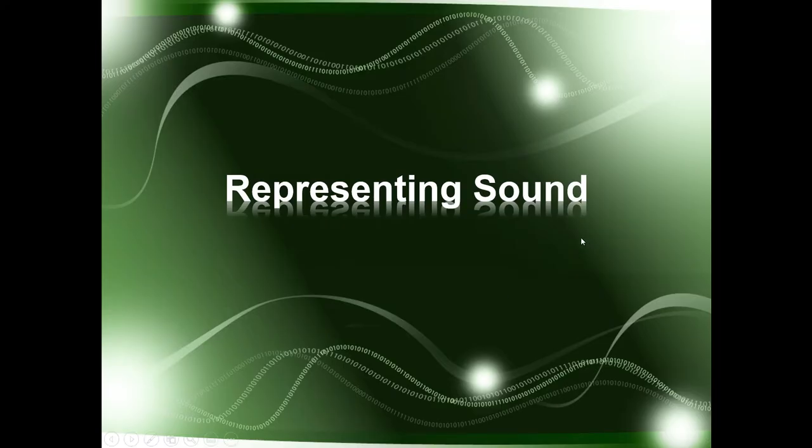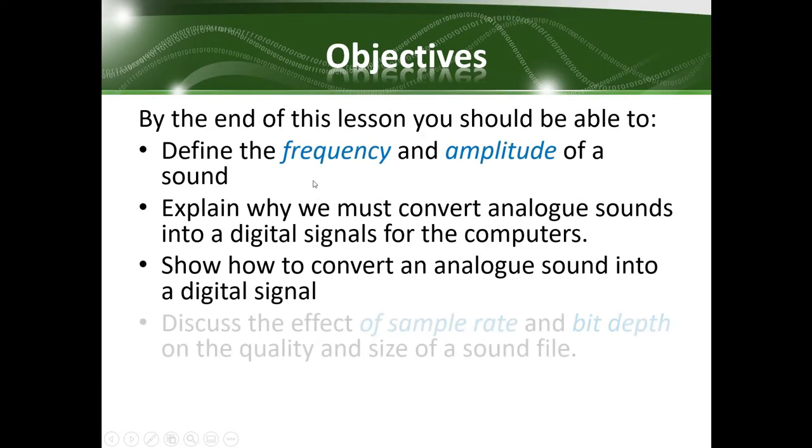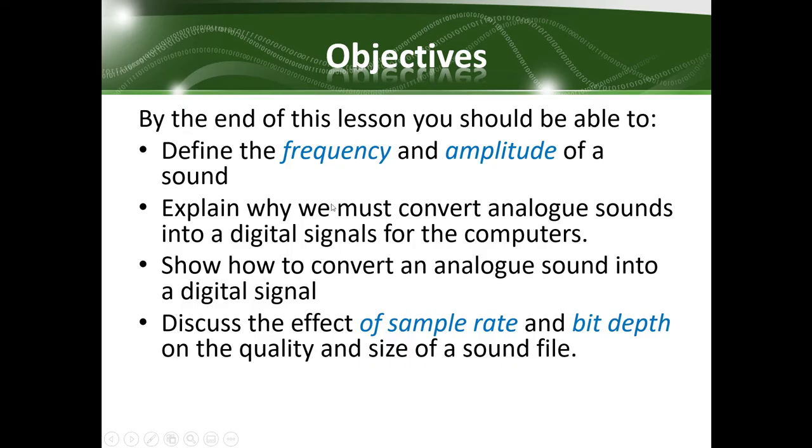So in this video we're going to be looking at how computers represent sound. The idea is we're learning what frequency and amplitude are of a sound, what we need to do to convert a digital sound and an analog sound so we can put it onto a computer, and then finally we're going to talk about this thing called sampling and how we do that so that we can record sounds and save them